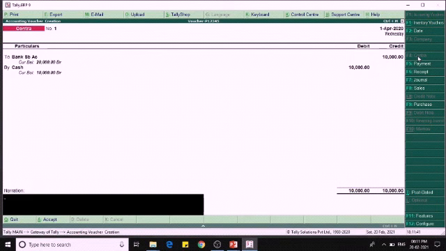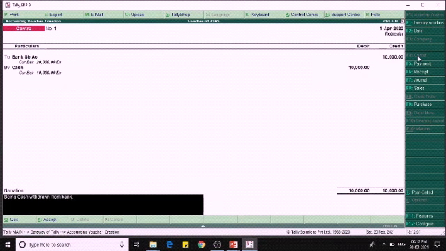So it implies being cash withdrawn from bank.